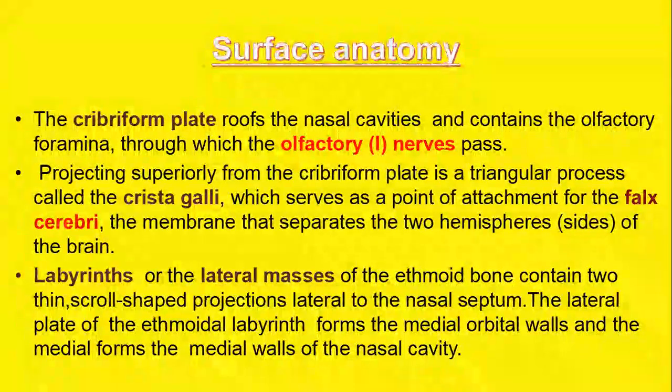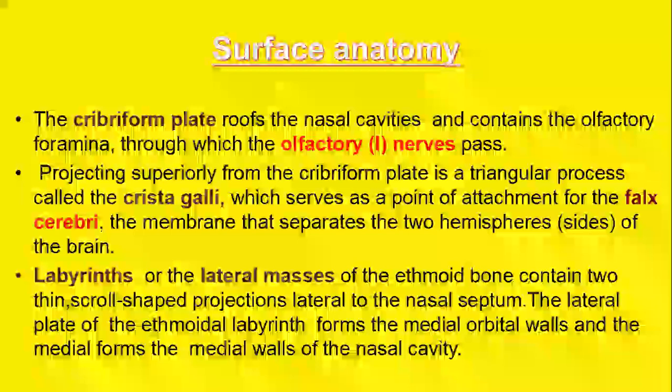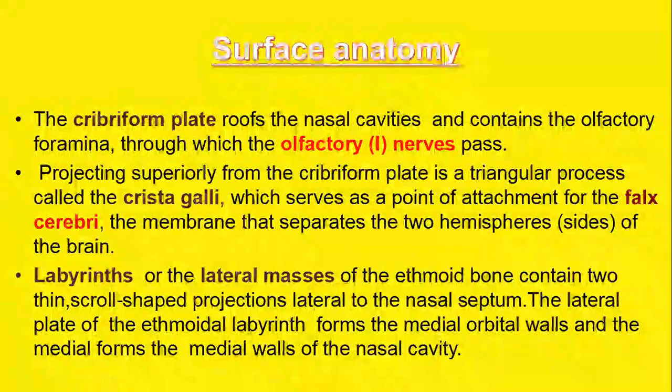The labyrinth, or the lateral masses of the ethmoid bone, contain two thin scroll-shaped projections lateral to the nasal septum, and the lateral plate of the ethmoidal labyrinth forms the medial orbital wall, and the medial portion, the medial wall of the nasal cavity. So that's all about